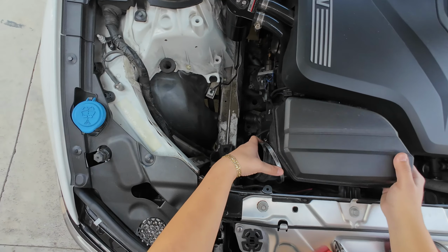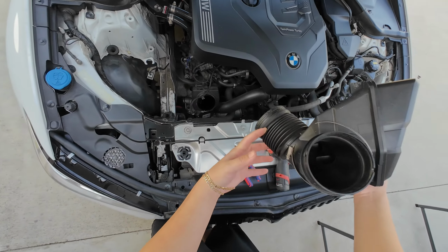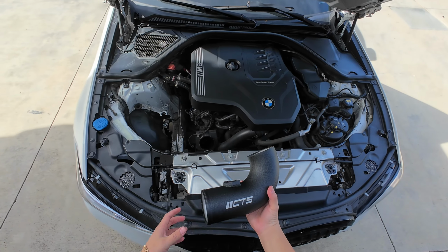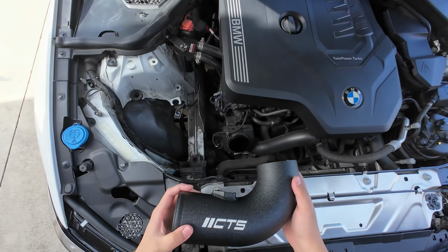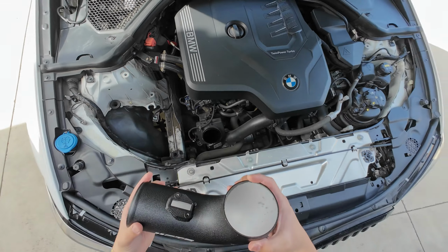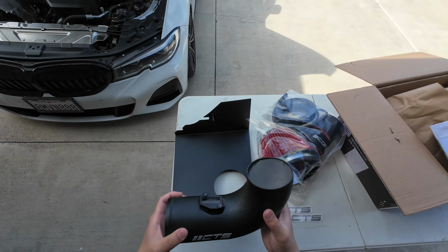Now this should pop right off, just like that. There you guys have it. So basically, the first thing we're gonna do is install the CTS intake pipe. Basically, it goes in something like this. Yeah, just like that. So we're gonna go ahead and install the coupler first,